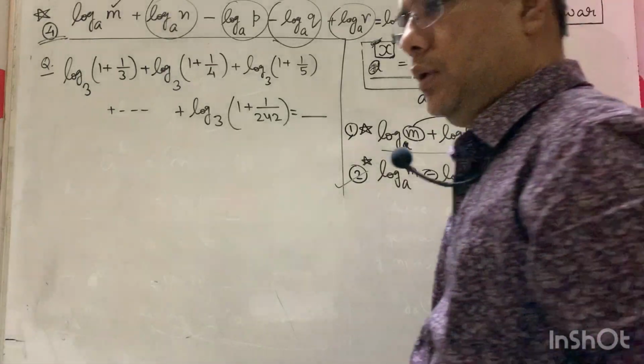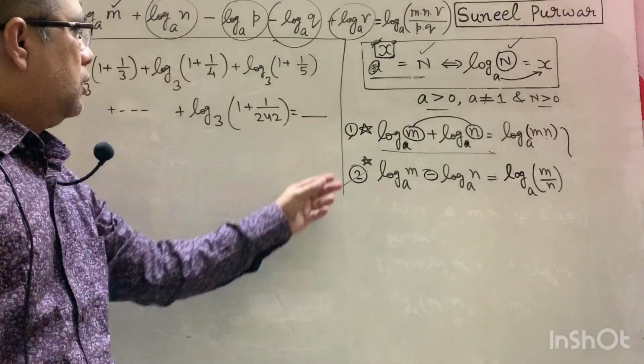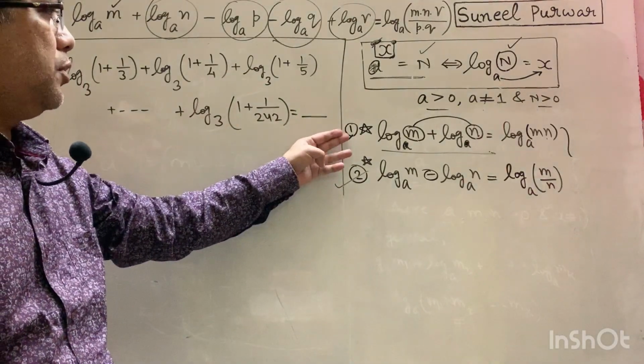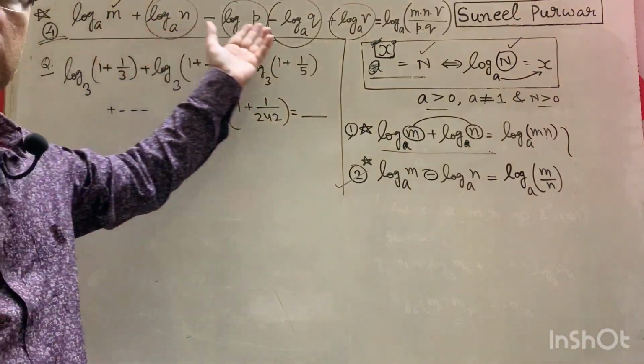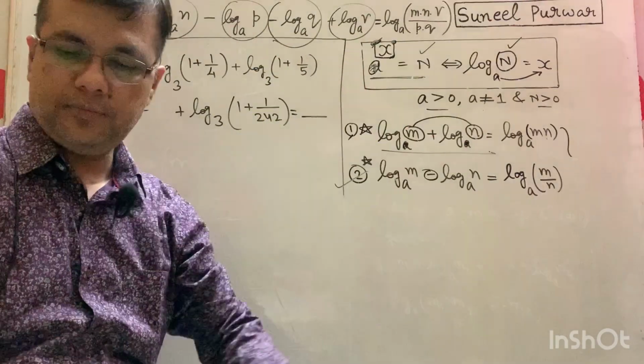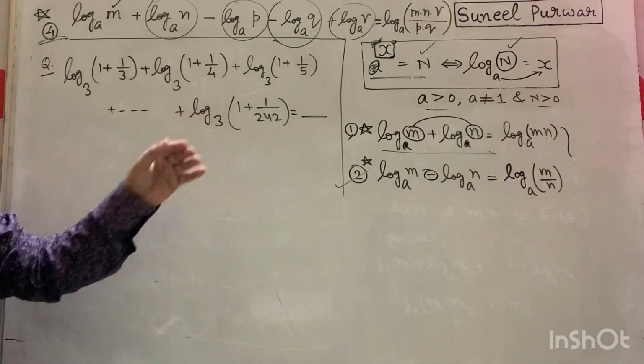Now, see this question, an excellent illustration to get a grasp over these three properties, 1, 2, 3. Property 3 is the most generalized version of all these. So how to get the answer over here?